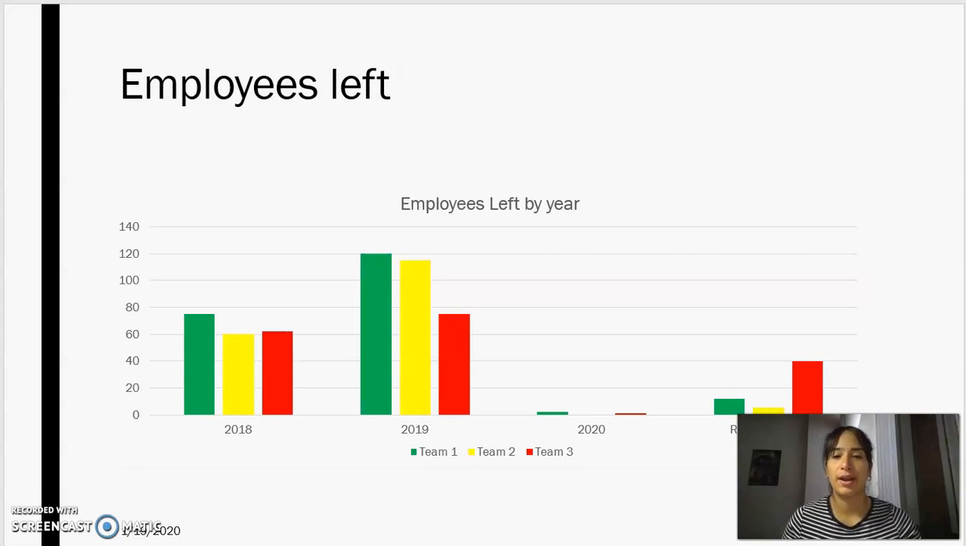And a small piece of data that was obtained is how many employees left in 2018, 2019, and the current year. A lot of people left in 2019 due to a lot of struggles that the company went through, but we were able to retain some employees from different teams. So